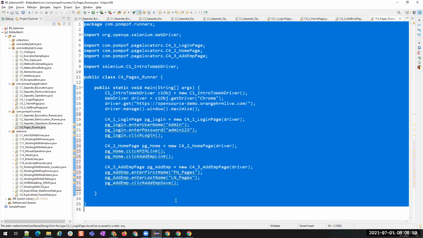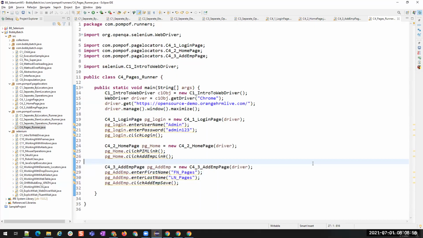Now you see this, we have reduced one more level of difficulty. Instead of having all these methods in a single class, we are creating separate classes, and then we are creating objects for each of those classes, and then we are calling those methods. Right?